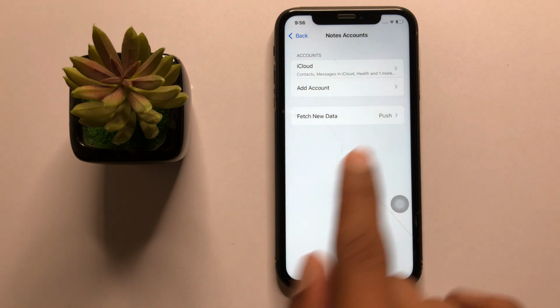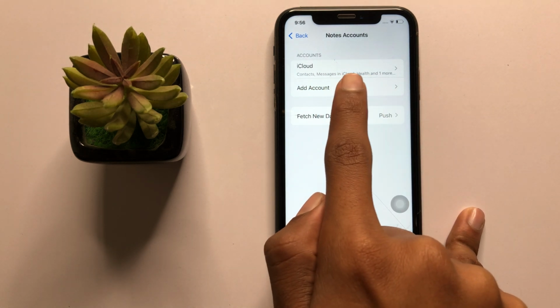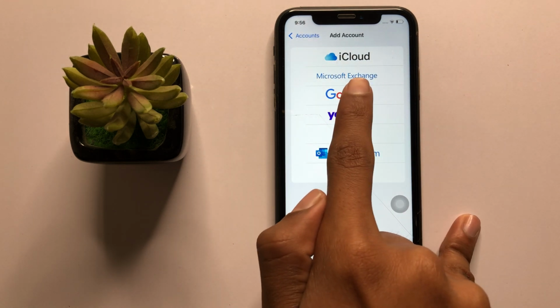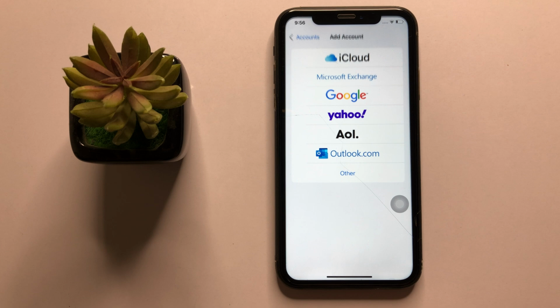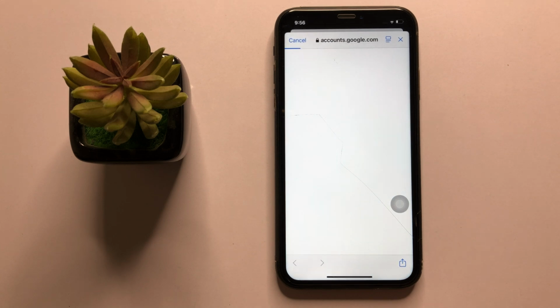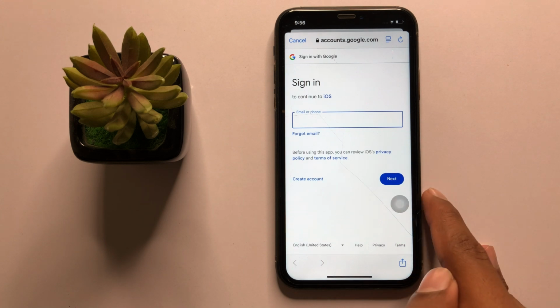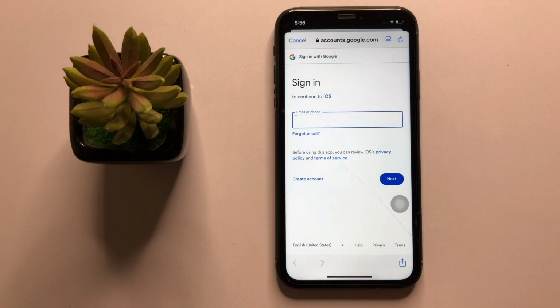and here you can see the option add account. Now click on add account and then click on Google. Now here enter your email or phone number and then click on next and then enter your password. After doing these steps, it will sync Google Notes with Apple Notes in iPhone